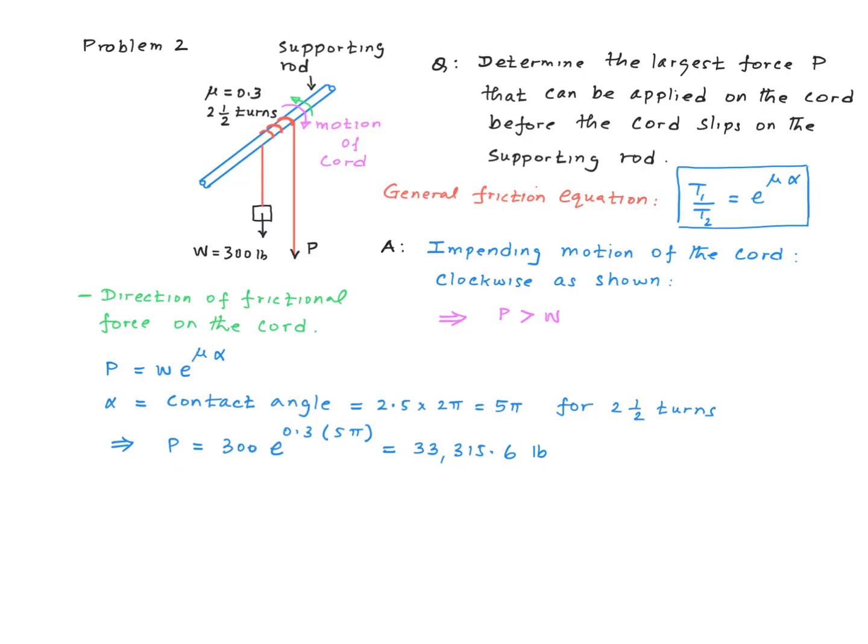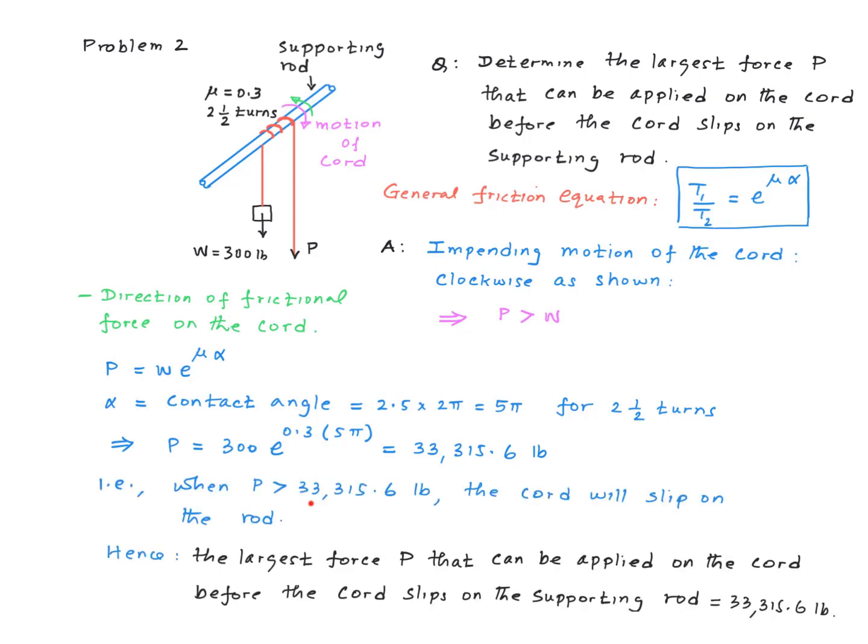P is 33,315.6 pounds. That is, the cord is going to slip on the cylinder when P is greater than 33,315.6 pounds. Now to answer the question, the largest force that can be applied on the cord before the cord slips on the supporting rod is this,